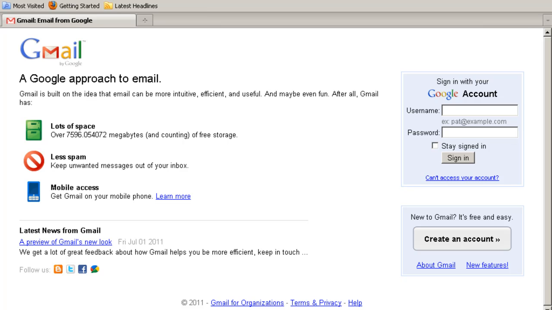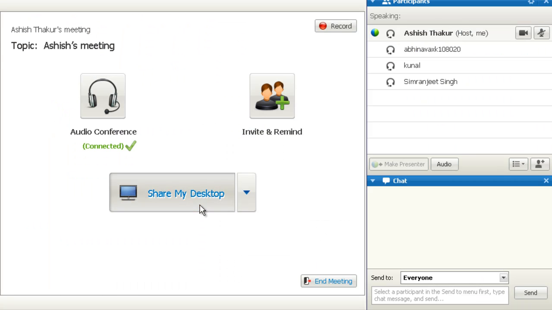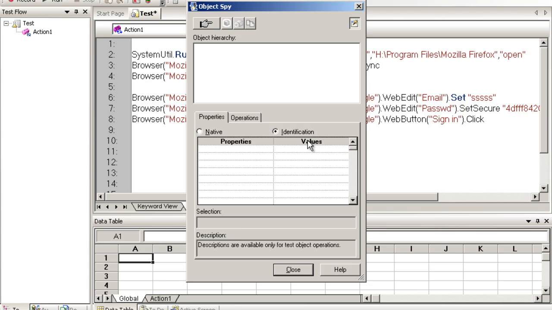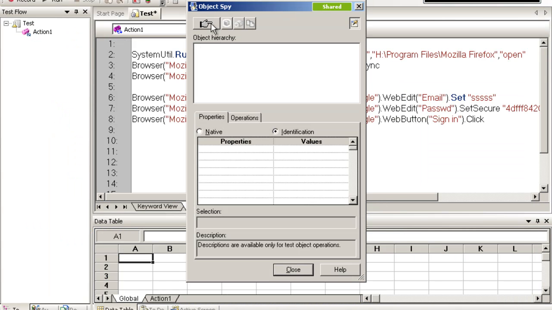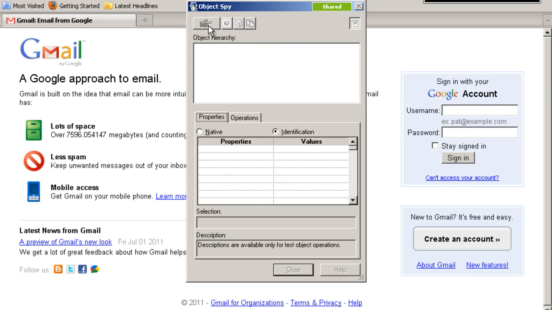And Ashish, I'm not able to see your desktop. Yeah, you will be able to see in some time, right? Alright. So that's fine. Yeah, so this is object spy,